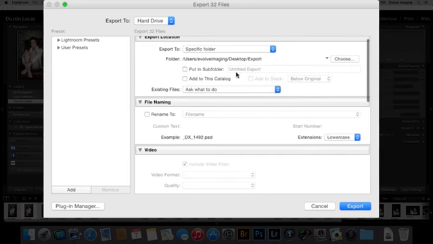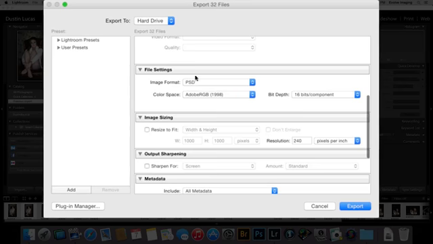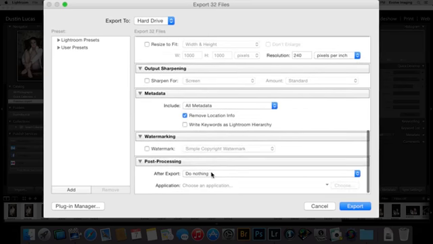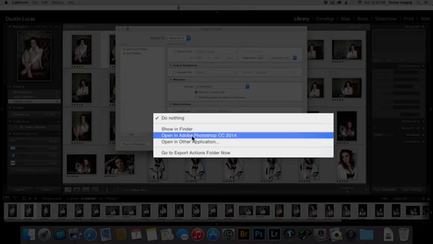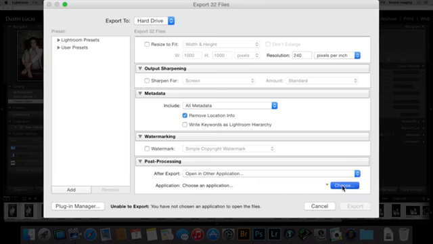The most important ones for me are where it's saving, file type, file settings, and then this post-processing, which some of you might have noticed lets you open them directly into Photoshop once it exports, which is great. But I want them to run those actions instead of just opening in Photoshop. I want it to do a lot of the work for me. So I'm going to hit open another application, and from here we're going to choose that droplet